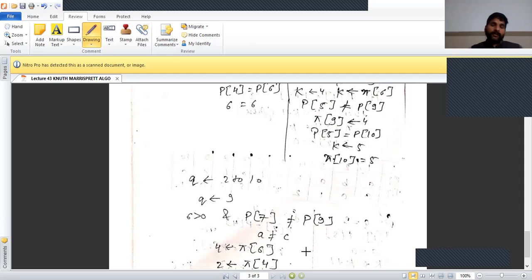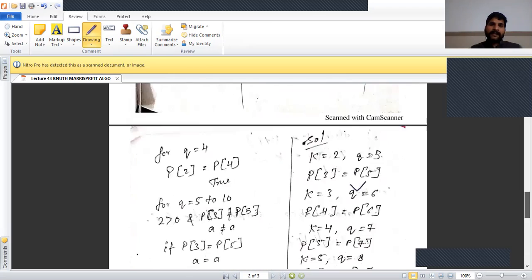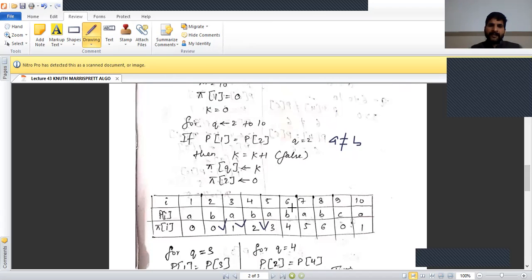Then according to algorithm, pi k, condition is failed. So pi k is assigned the value k. Now pi 6 contains the value of 4.